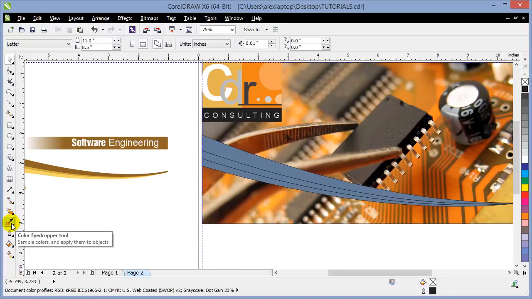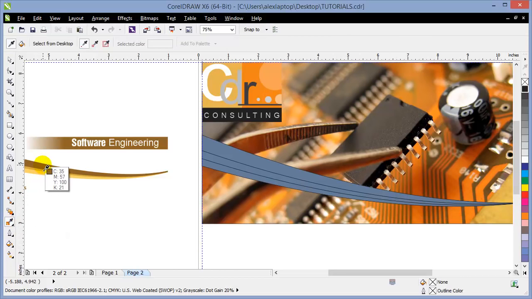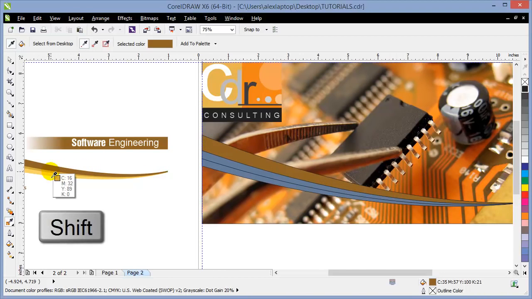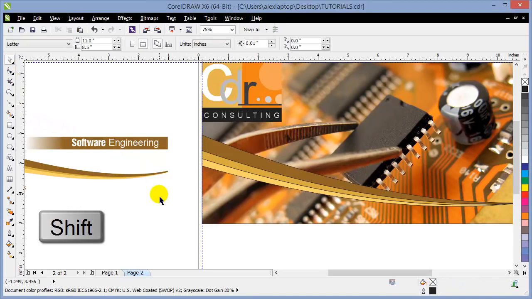So I click on the color eyedropper tool, and then click on the darkest brown first, and then I pour like that, and then hold down shift to sample another color, which is the middle color, and then hold down shift again to go. Okay,